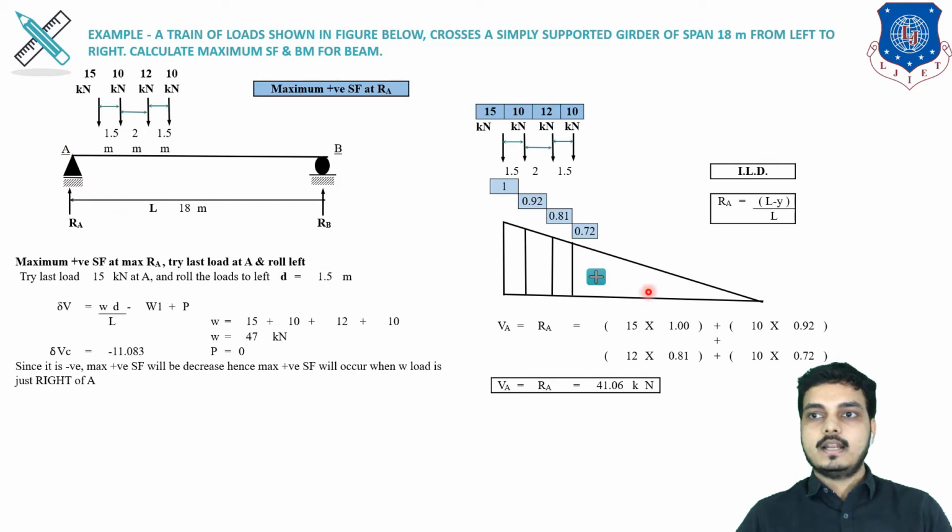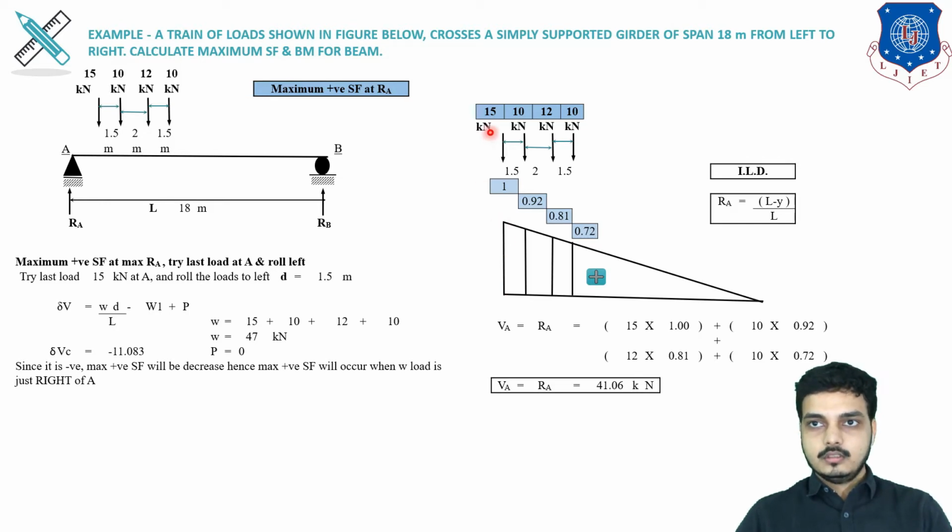So look, this is the diagram of RA. The formula for RA is equal to L minus Y upon L, and we know that Y is a varying function, means it varies from 0 to 18, means 0 to L. So here Y is 0, so L by L, that is 1. Y is 1, so L minus 1 is 18 minus 1 is 17 by 18, then 16 by 18, 15 by 18 and go on to 18 minus 18 by 18 equals 0. So we can draw the diagram for RA. It is just the sums which we did at the start of this chapter.